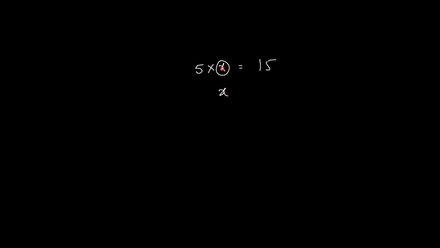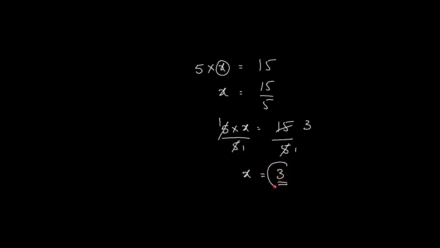So if you want to find out the x value here, you have to divide this 5 by 5. You can send this 5 to the other side, and it will become divided by 5. Otherwise you can understand it like this: 5 into x is equal to 15. If you divide both sides by 5, you can cancel 5 and 5 here. Here 5 1s are 5, 5 3s are 15. So now you will get x is equal to 3. This is the answer you want.